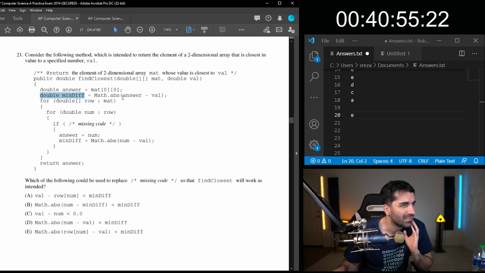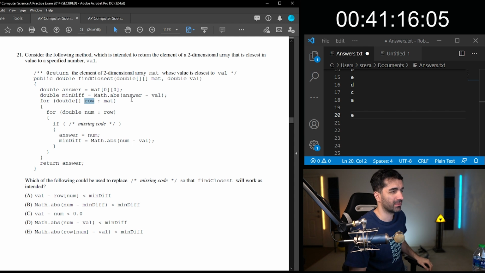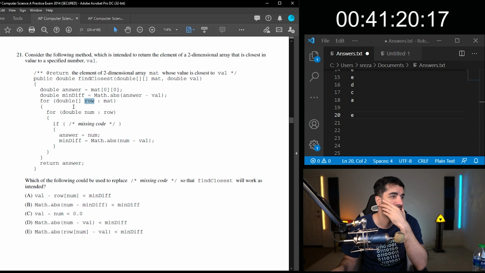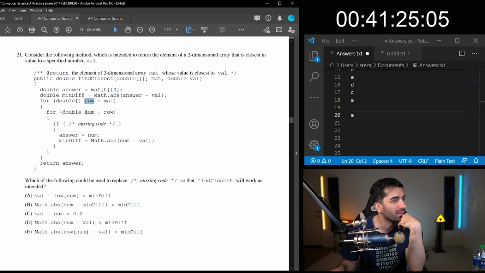Min diff, which is the absolute value of answer minus val. What is answer? Okay, that's that. So you go through each row. Okay, so this is a double for loop that just loops through everything, right? So this gets the row and then it loops through each number in the row.